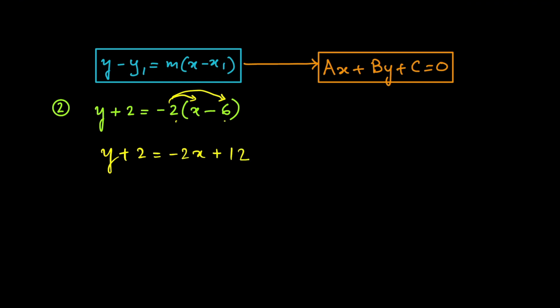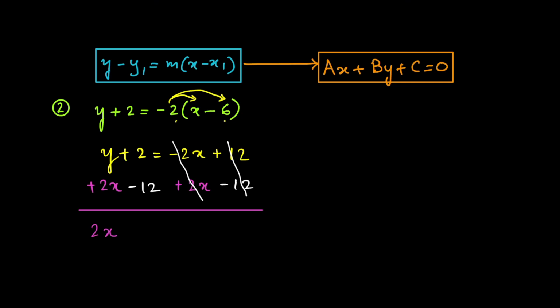Now as we see that we have the x term with the negative coefficient, as a practice we always keep the x term with positive coefficient, so we move the right side terms to the left side by doing the opposite operation. So for this we add 2x, and then we add 2x this side, and then we subtract 12, and we subtract 12 here. So 12 and minus 12 cancel out, minus 2x and positive 2x cancel out. So we are left with,